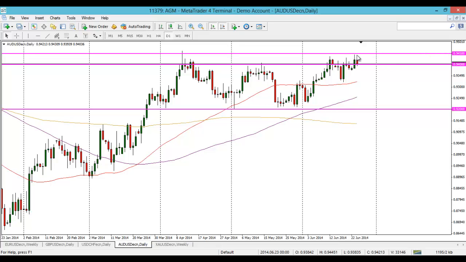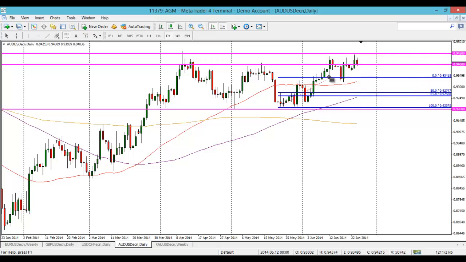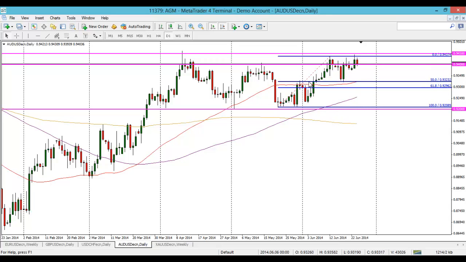We sort of tested it there actually and got below. But we have had a couple of fake outs, so keep an eye on that. What was quite interesting last week, and that was the fib that I previously had on, was this one here. So we're looking at sort of the mid-range of this sort of 200 pip range, this lovely uptrend.